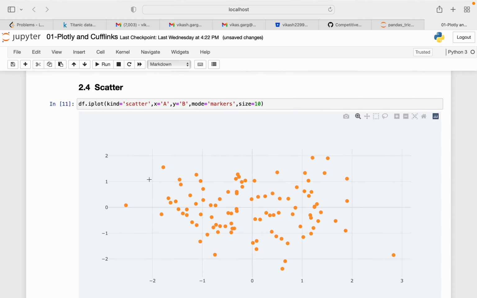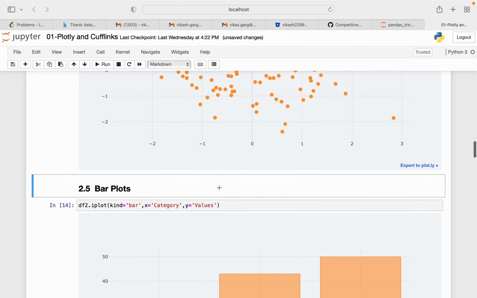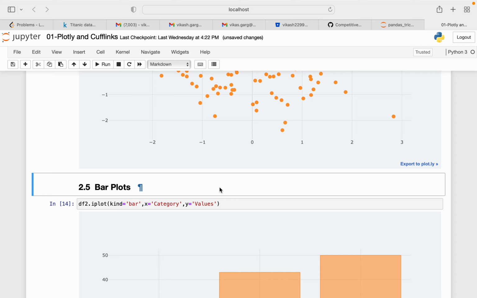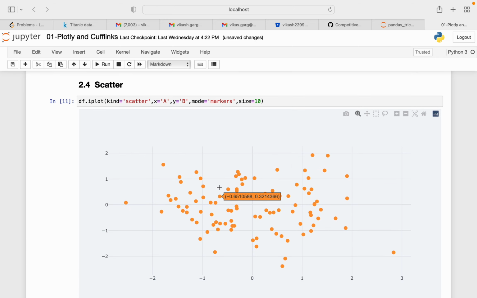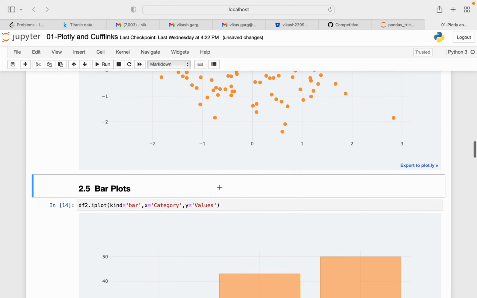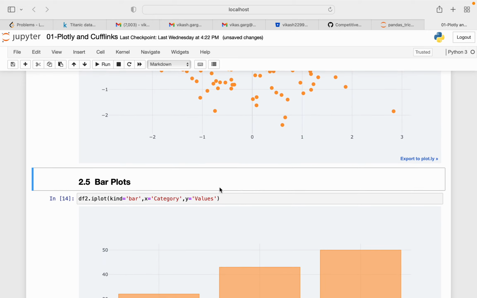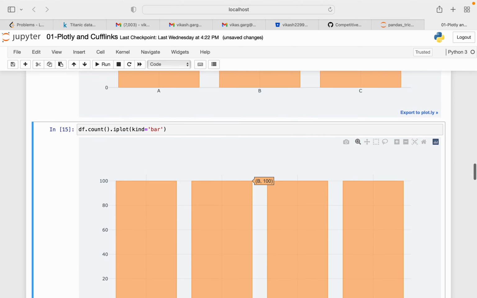Scatter is a kind of plot which is like scattering of light. You might have heard about scattering of light. So this is that kind of graph. Now the bar graph. You need to just change this scatter plot. You can apply the scatter plot to individual values, but when it comes to the bar plot, you need to apply it to a particular column. So x you want to apply to category and y is values. As you can see, this is the kind of plot we are getting.